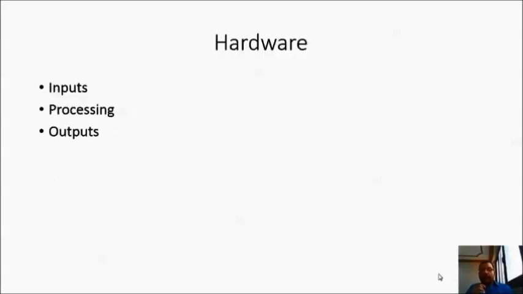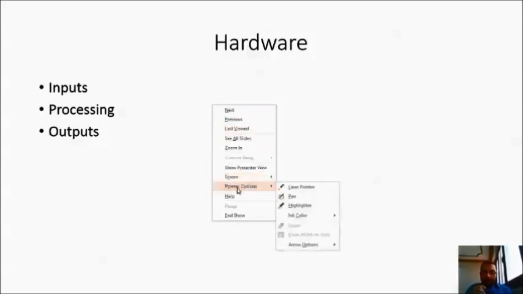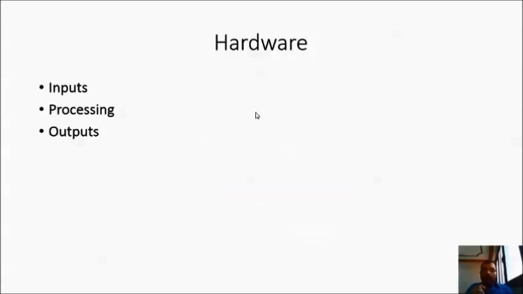As we mentioned before, we divided hardware into three parts. The first part is inputs, the second part is processing, and the third part is outputs. What do we mean by dividing the computer hardware into three parts? We can look at the computer as a box. For this box we have inputs,